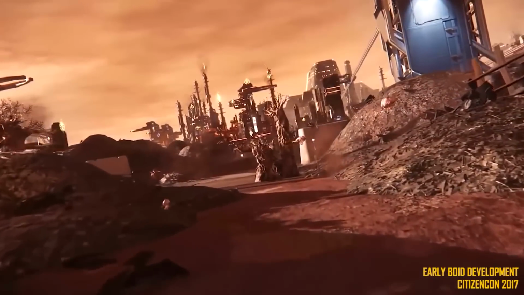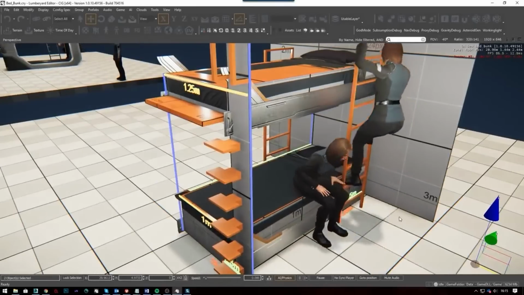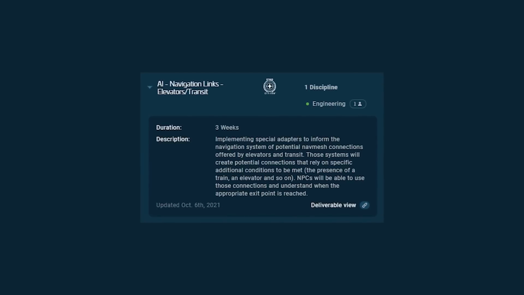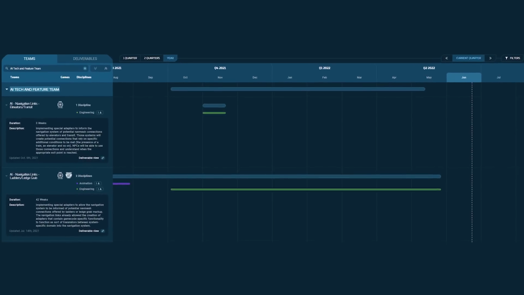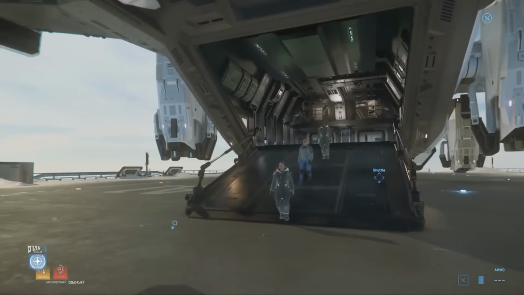It'll benefit us in line with navigation links to ships, trains, ladders, and other traversable mediums to give AI seamless movement from ship to station to space to derelict ship and beyond. These links are a separate task that have been worked on at the company and have been showing up in recent monthly reports and are visible on the development progress tracker. They've even been shown off in engine a couple of times, but we'll have to wait and see when they